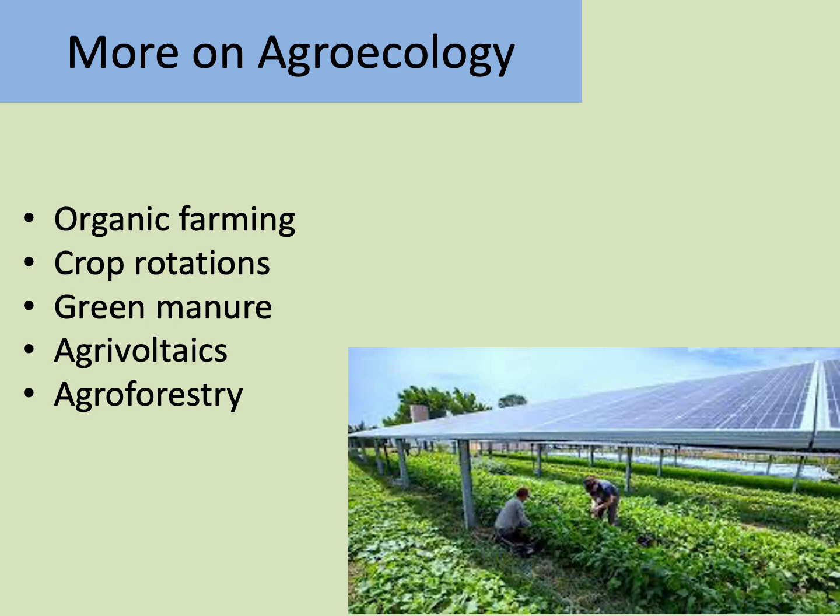So, just a few more last points on agroecology. We talked about organic farming some, but to sum up, it's a farming system that tries to minimize the use of synthetic pesticides and fertilizers and emphasizes soil quality. It is a legal definition, so to be certified organic, you need regular visits from the USDA to make sure that you're following the organic rules.